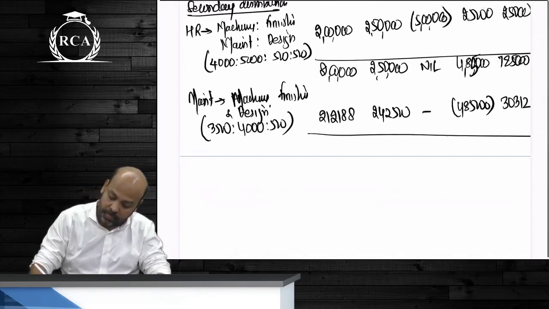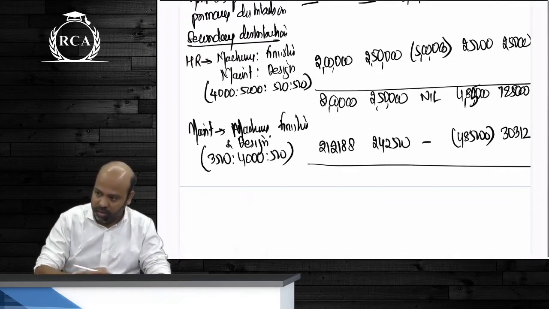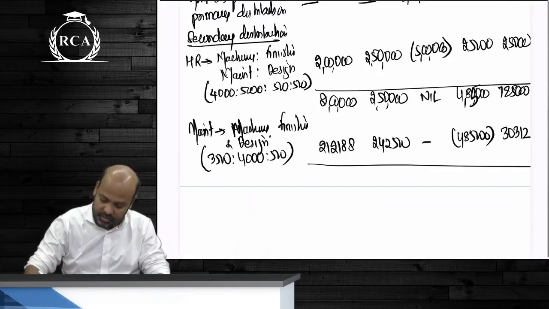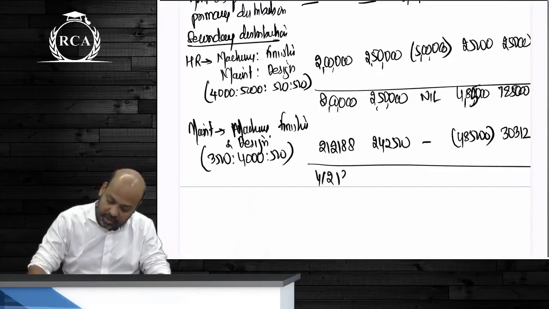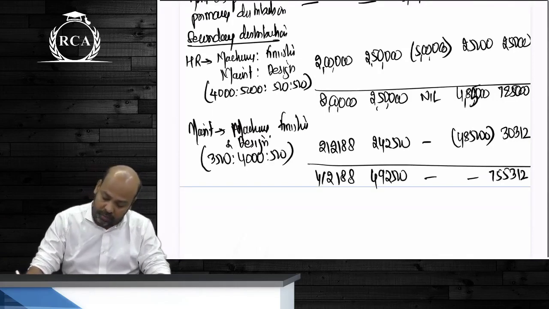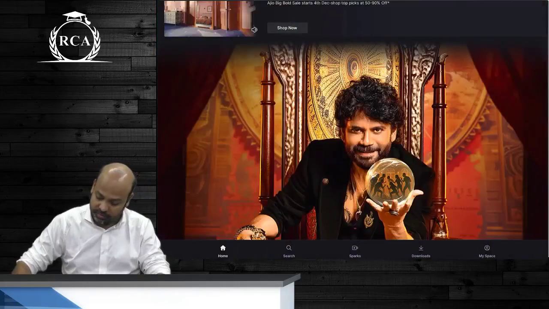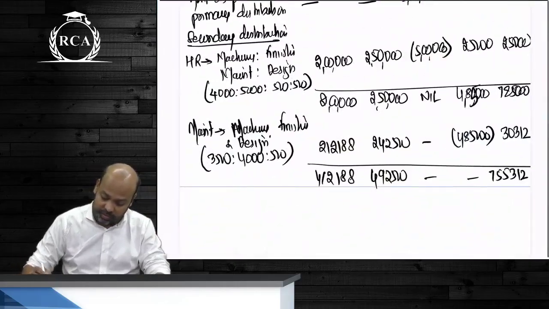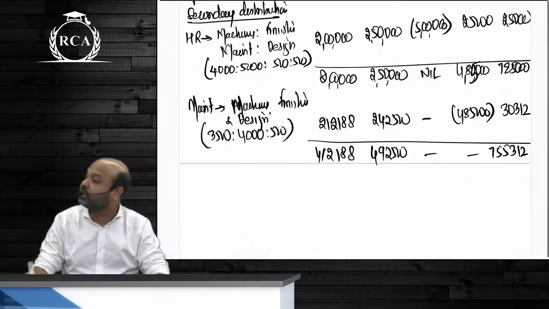30,312 total. इसको भी 0.5 ज़्यादा, उसको भी 0.5 ज़्यादा हो तो 4,12,188 guys, 4,92,500, 00, 7,55,312. Finally बेटा ये कल ऑन करे सो वो आप क्या